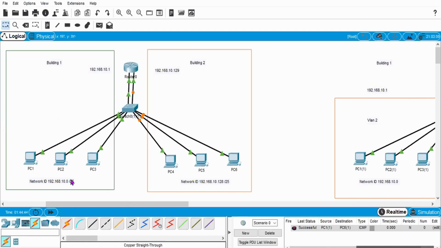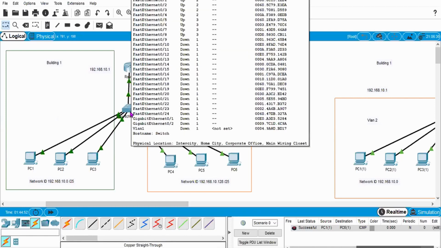Okay, so if you analyze this switch, ports 1, 2, 3, 4 are in VLAN number 2. So PC1 is connected to port number 1, PC2 is connected to port number 2, PC3 is connected to port number 3, and